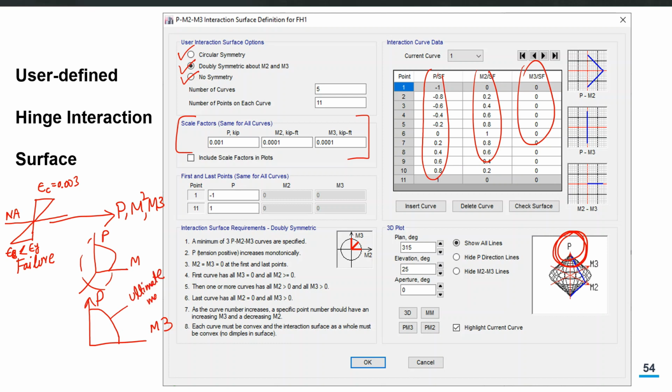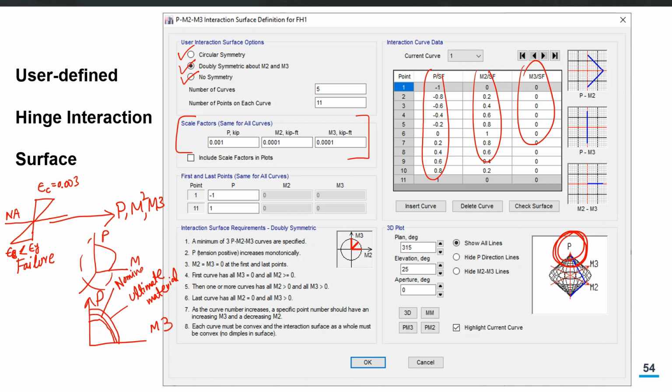Then you also have an option to apply the phi factor, okay, and then this will reduce your PM surface to a lower value. You may also go for nominal material capacity, that will give you another number. So there can be a separate curve for nominal material strength.